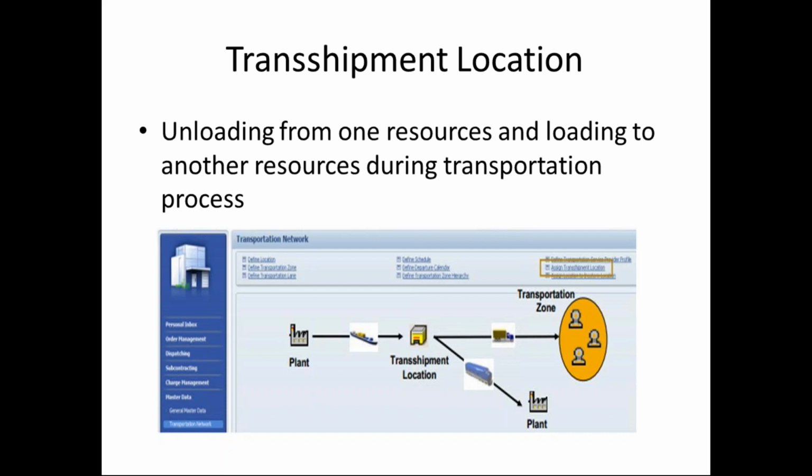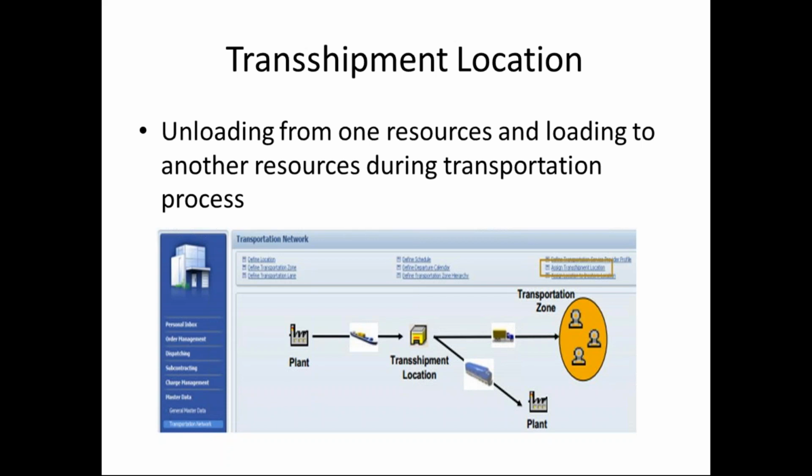From Chennai to Kolkata, it can go in a different mode. From Bangalore to Chennai, it will go via air. From Chennai to Kolkata, it can go via ocean. So the same material being sent from Bangalore to Kolkata is unloaded from the air cargo and loaded onto the ocean cargo. If you want to connect all three points, Bangalore, Chennai and Kolkata, the Chennai location is called the transshipment location, because it is the place where the materials are unloaded from one transportation mode and loaded to another transportation mode.